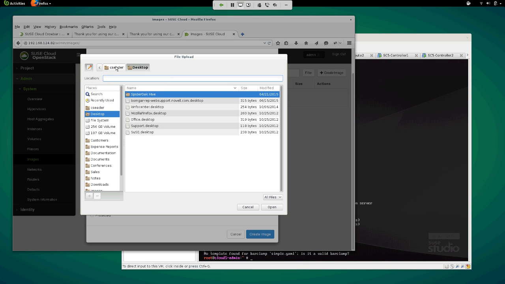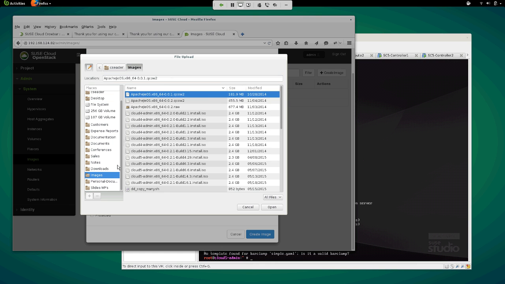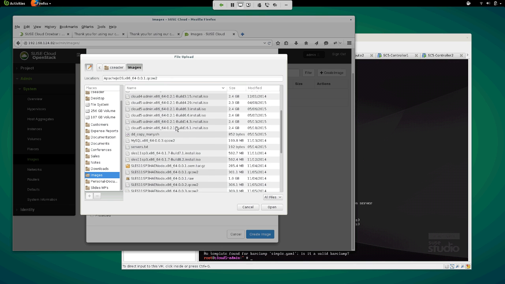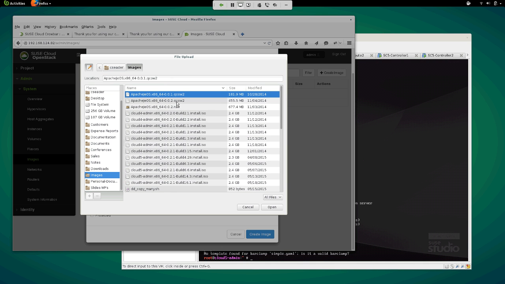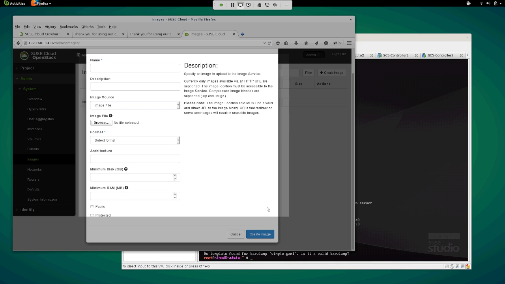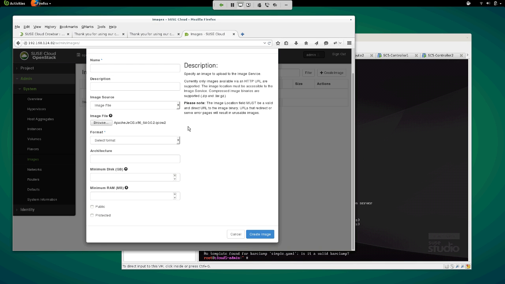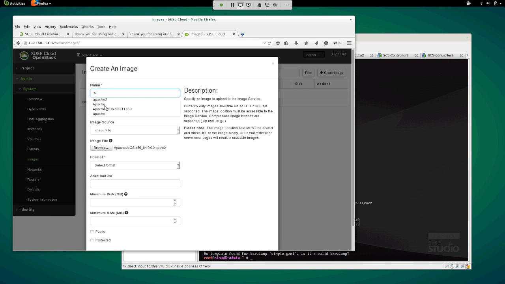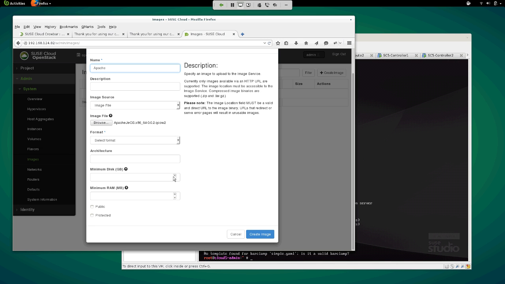I've got a number of images here that I could use on my local machine. If I wanted to deploy something like an Apache web server, I could upload this currently into my environment. So I can select the minimum disk sizing and do 5 gigabytes there. We'll make this 512 RAM. Make it a public image.